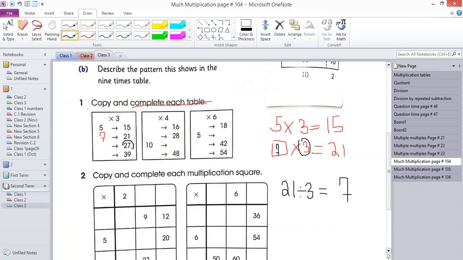This 27. What should I write here, guys? Which number multiplied by 3 is equal to 27? You have to answer me, guys. Muhammad Farooq, very good. Sharif, very good. Other students, guys, what number? Zaid, no. Ayan Farhan, very good. Muhammad Al Harbi, very good. Ilyas, no. Ali, very good. Adam Khalid, very good. Sharif Ahmad, very good.